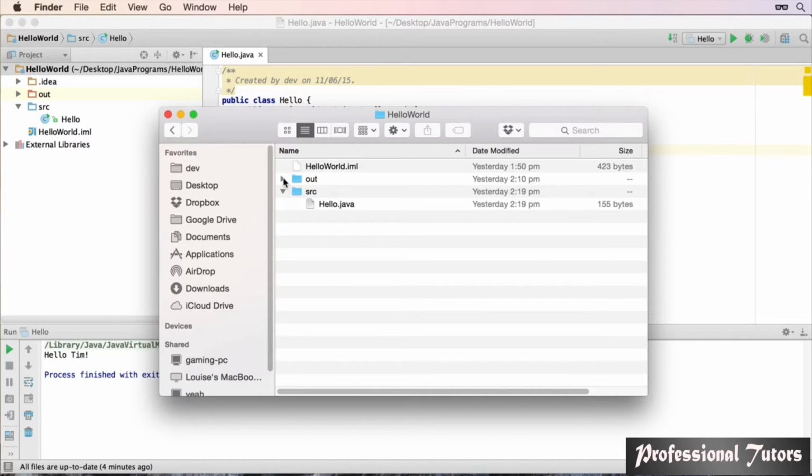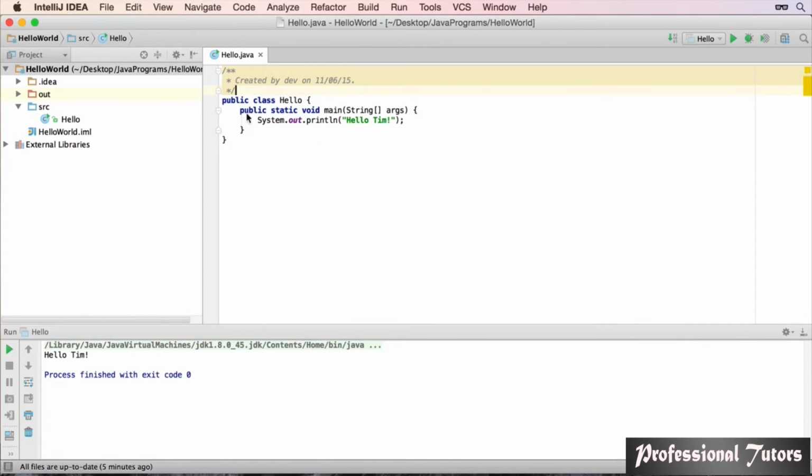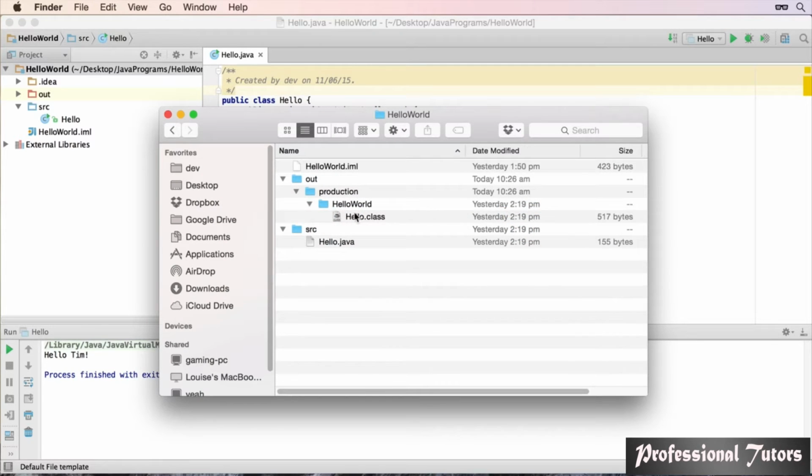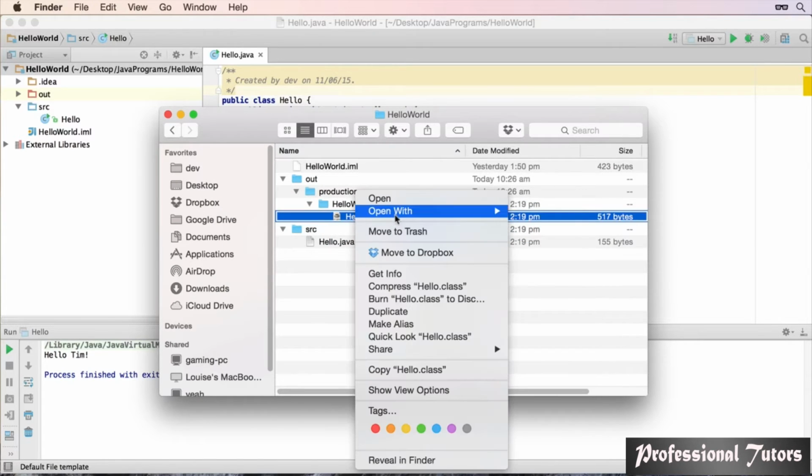And if we have a look in the out folder and expand that, you can see there's a hello.class file. Looking at the sizes, you notice that hello.class is larger than hello.java. Now the hello.class is the compiled version of the class, whereas the hello.java contains the code, as you can see on the screen there. The hello.class, if I go to open that,